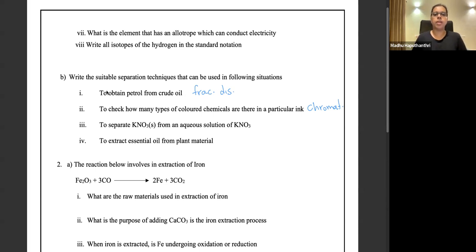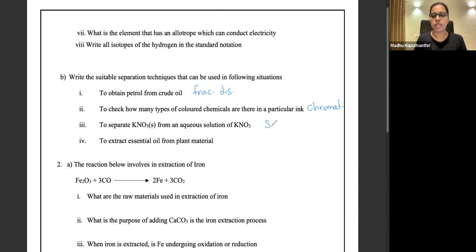Vaporization also we can take. Simple distillation. Right, simple distillation, vaporization is also possible. In the simple distillation, what are the key points I gave you? One volatile component with one non-volatile component. Who is the volatile component here? Water, aqueous solution. Non-volatile component is potassium nitrate. So when you do this simple distillation, water is going out. And finally, you are left with potassium nitrate.